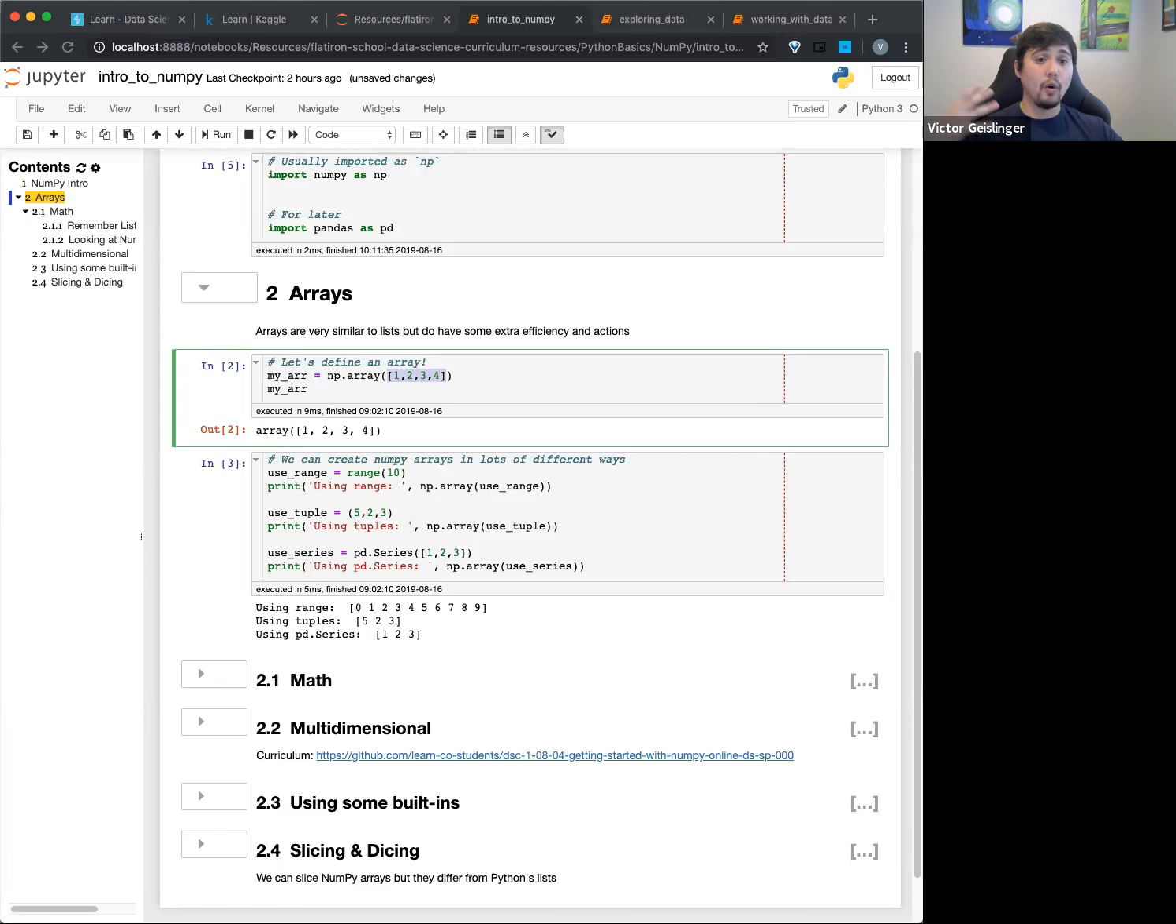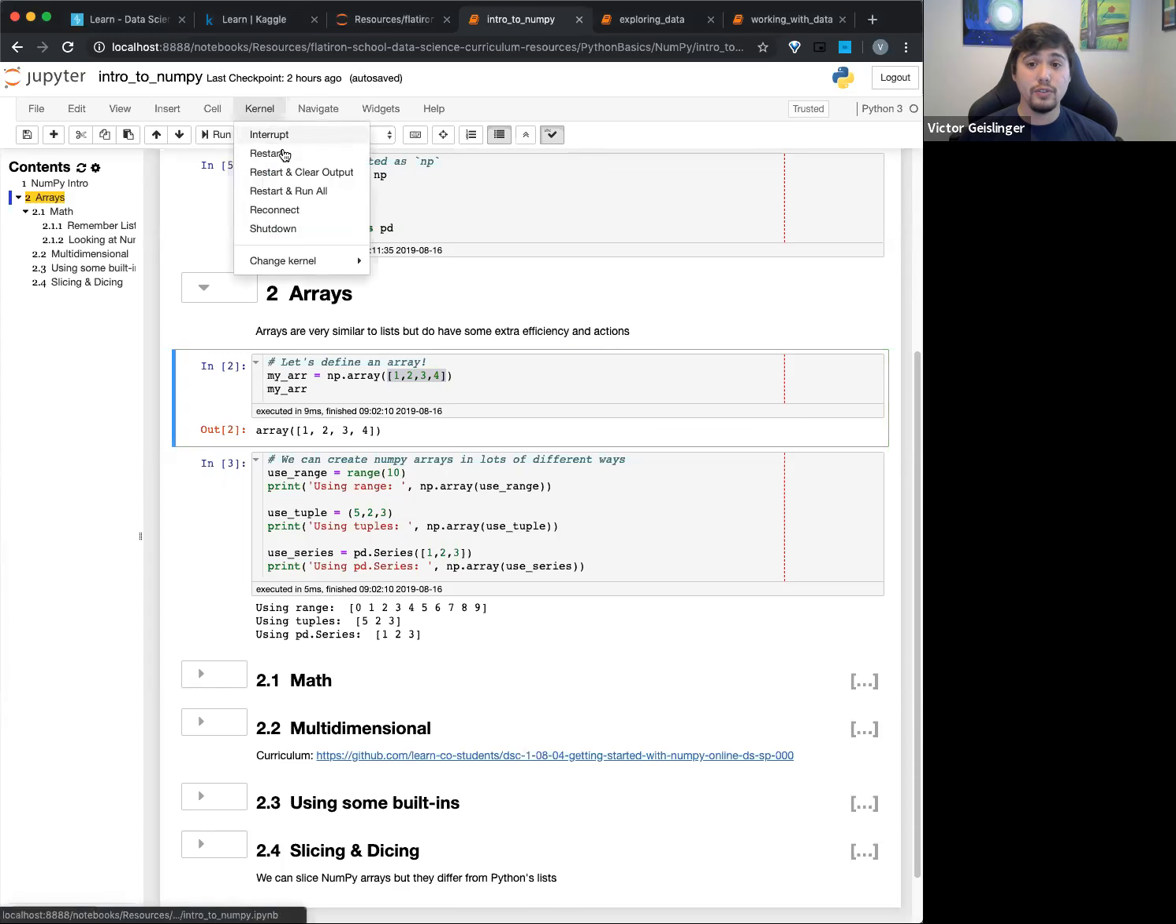Basically, a list can take a whole mess of stuff, which is awesome, right? You're like, cool, I can put whatever I want there. I can put different strings, different numbers. I can even put lists within lists. You can even put functions within lists. You can do some really cool stuff. However, it ends up not being as efficient because you don't know